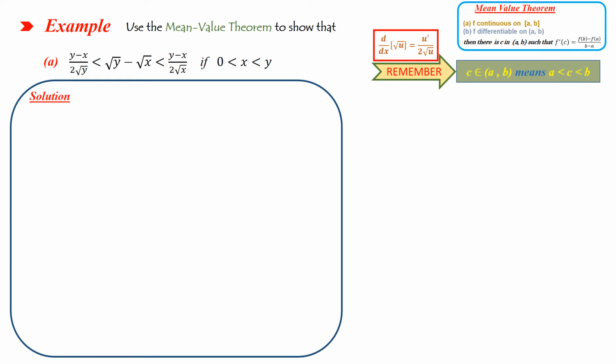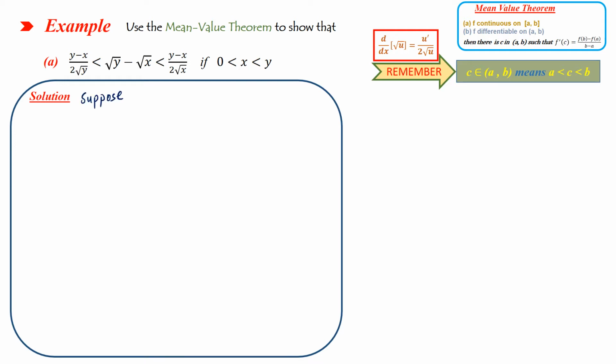Hi everyone. In this example you have to prove some inequalities, and we have two parts, part A and B. So this is part A. You have to prove this inequality, and you have x greater than 0 less than y. So you have to create a function and create an interval, then you have to check the conditions of the mean value theorem. So suppose that